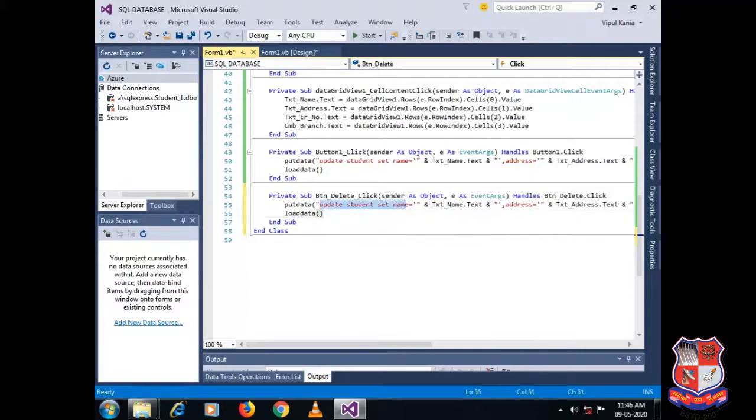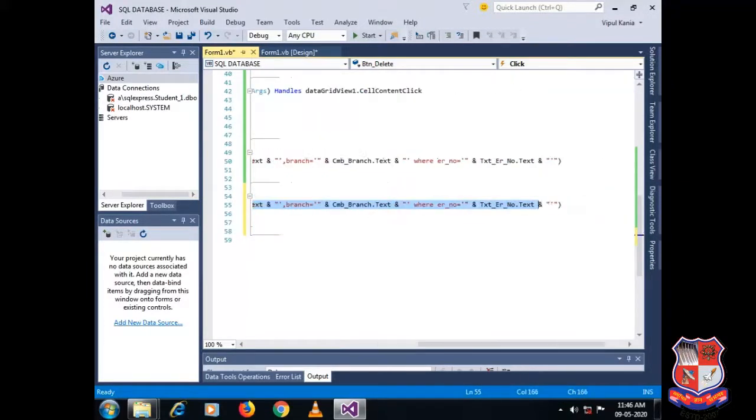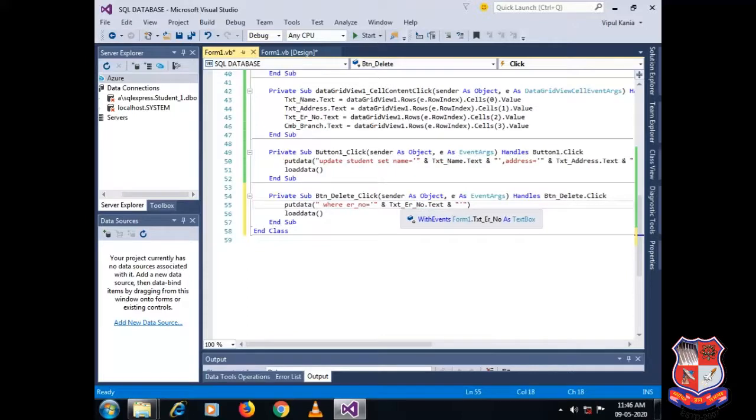Instead of the update query, we need to remove the data using the primary key attribute: delete from student where enrollment number is this. That's it.